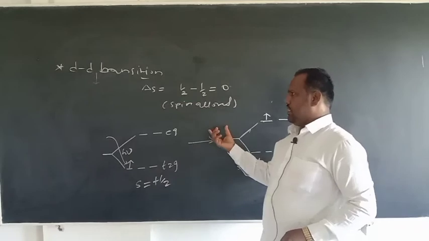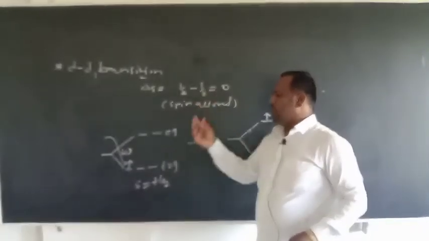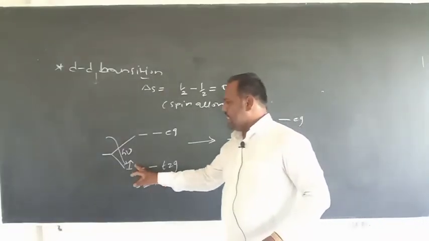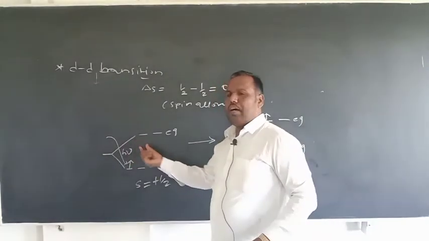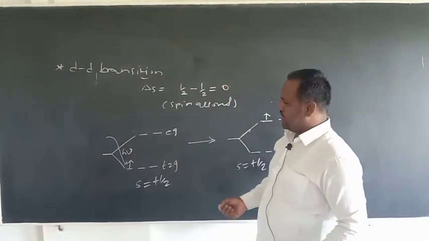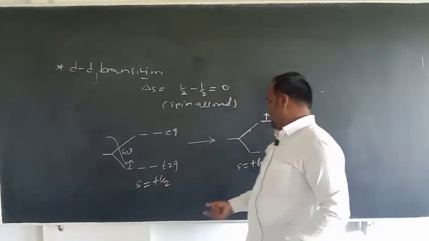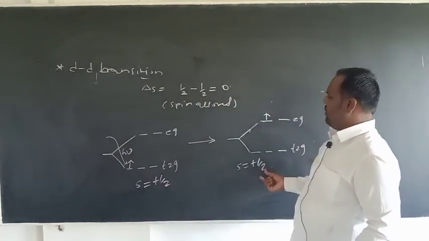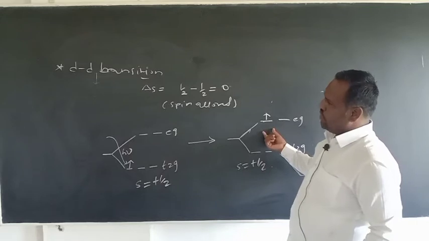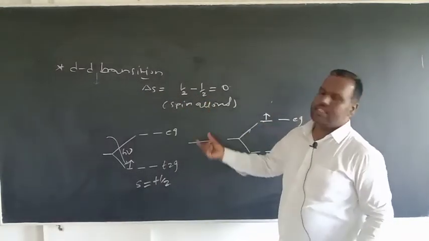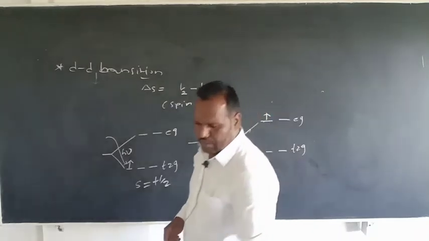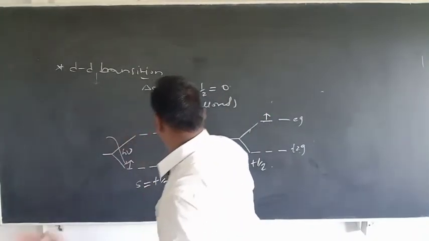So those transitions in which delta S is equal to 0, or the electron does not change its spin after excitation. In this case it is +1/2, and it is also +1/2 after it goes into the Eg orbital, and therefore delta S is equal to 0, and this is a spin allowed transition. If you consider another example,